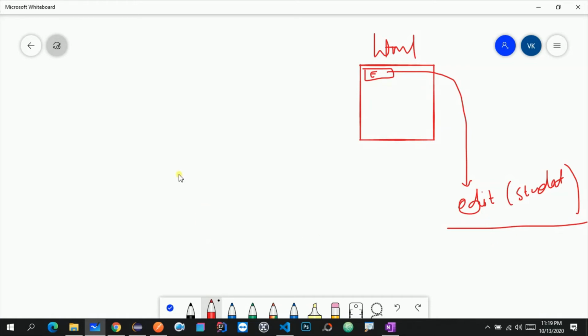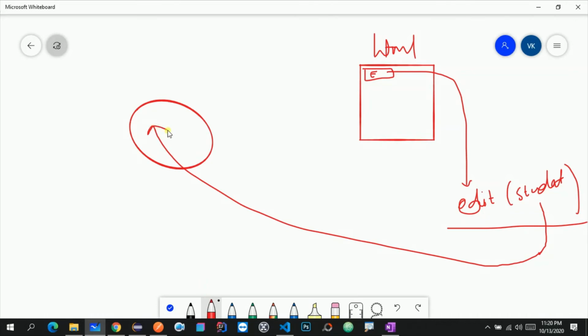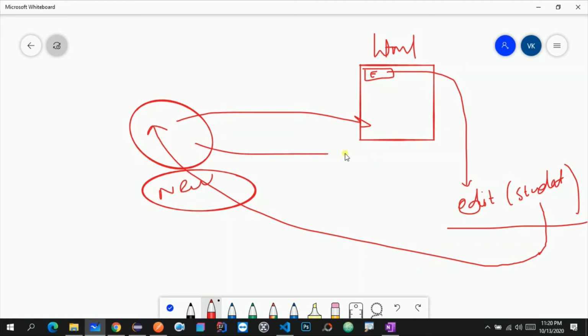So what I am doing, I am just taking another variable or object, and whatever data I have in this edit function and in this edit student method, I am copying those data into this new object, right? So this is the new object. In our case, the name of this particular new object is studentToUpdate. Now I am binding this object with an Angular form.